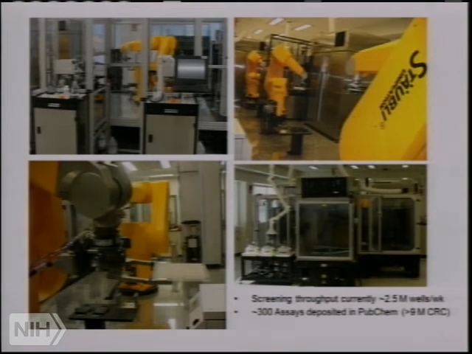Depending on the assay protocol and the complexity of the assay, we can screen up to 2.5 million wells or samples per week. So when you look back at the 500,000 compounds that we have, and imagine just for a moment that they're all tested at 5 concentrations, basically the entire library can be tested within a week, providing dose response curves for every molecule. And pretty much all of this information is deposited in the public domain in PubChem, and to date we've deposited almost 10 million dose response curves, more than any pharmaceutical organization to date.